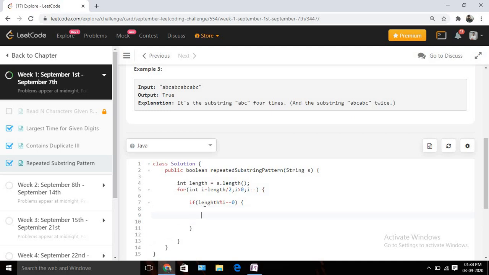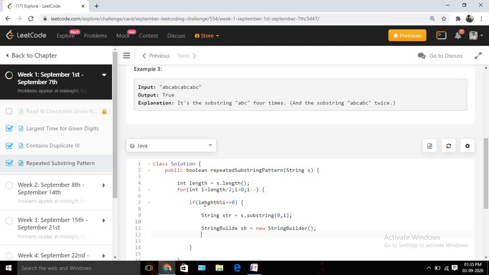Once we are done, we are going to extract that substring, okay? So I will take a string, probably str, and take the substring from s, which is our actual string. I will use the inbuilt Java substring function, starting from 0 and ending at i, okay? Now we need to use another string builder locally to check the equality, since in Java string is immutable. So let us take one string builder and name it sb, and initialize it.